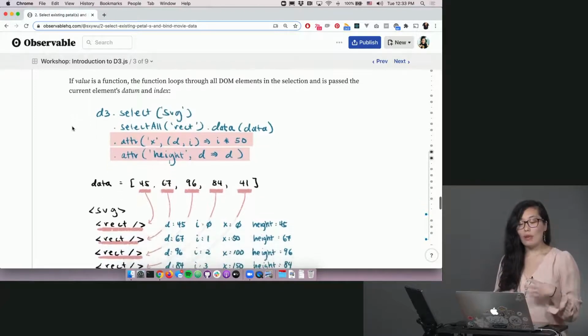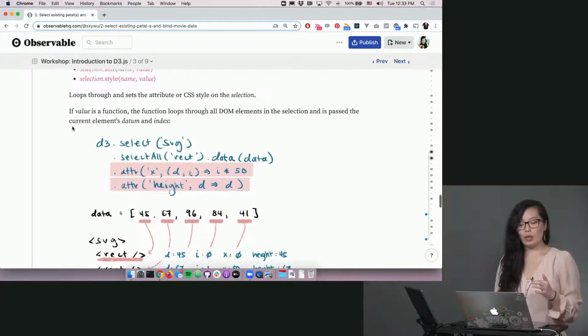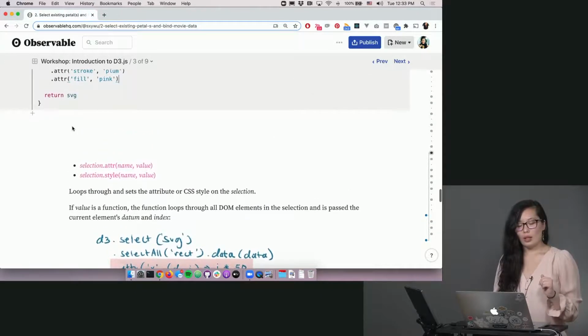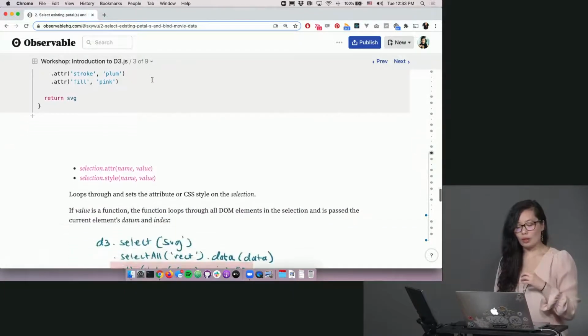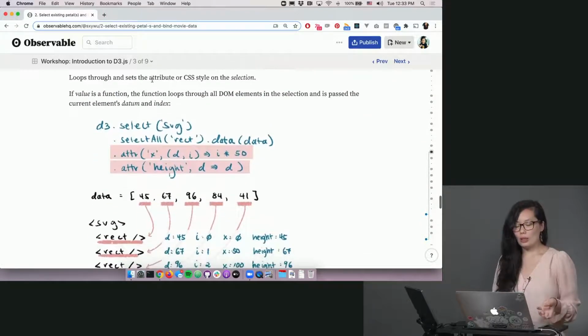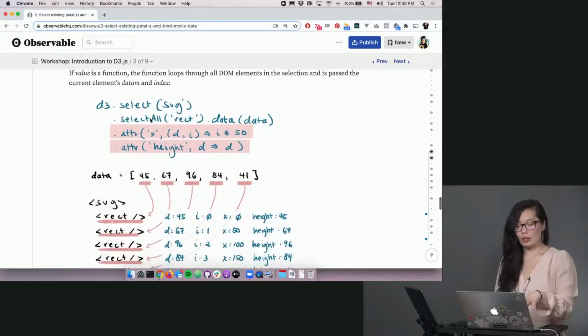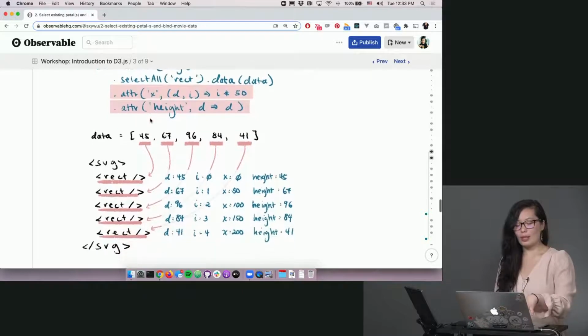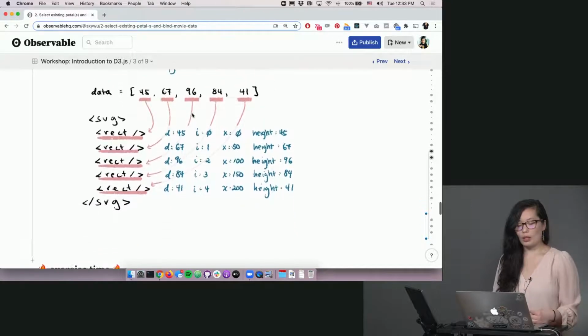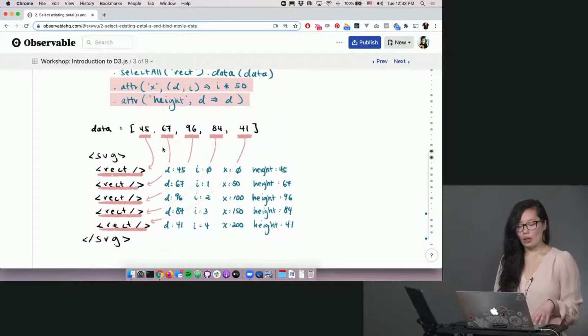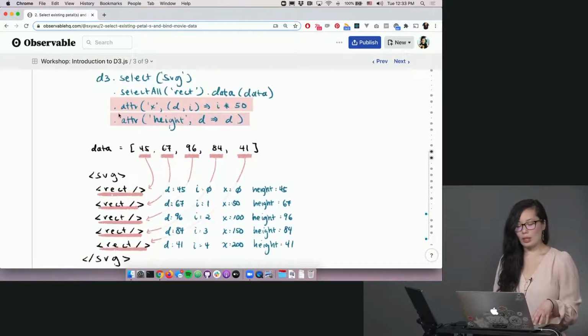And so if the value is a function, then D3 loops through and passes in the data that's bound and the index of that particular DOM element. So what we've done here is